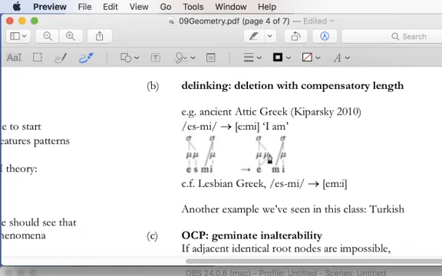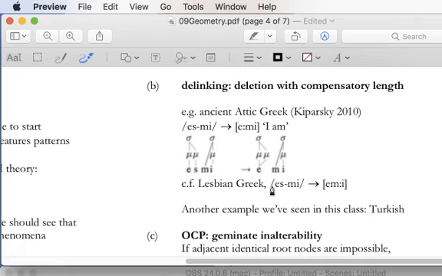Interestingly, there's another variety of ancient Greek, Lesbian Greek, where instead of the preceding vowel taking over that time slot, the features of the following nasal actually take over the time slot. So it would look just like this, except this mora has been relinked over to the following nasal rather than the preceding vowel. So there's a variety of different kinds of compensatory lengthening that you get in these situations,